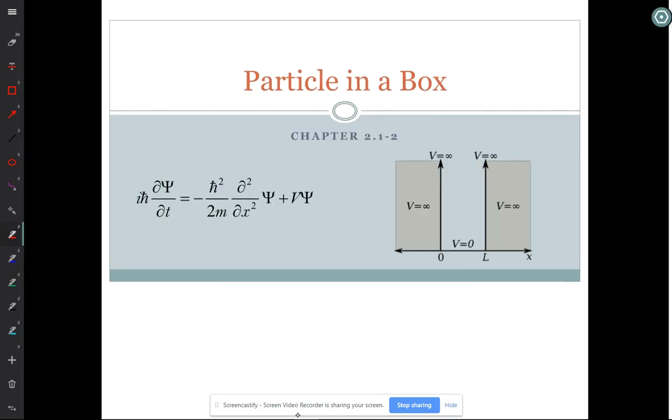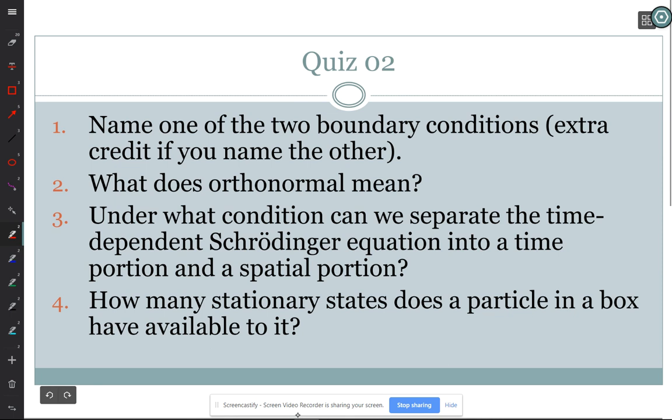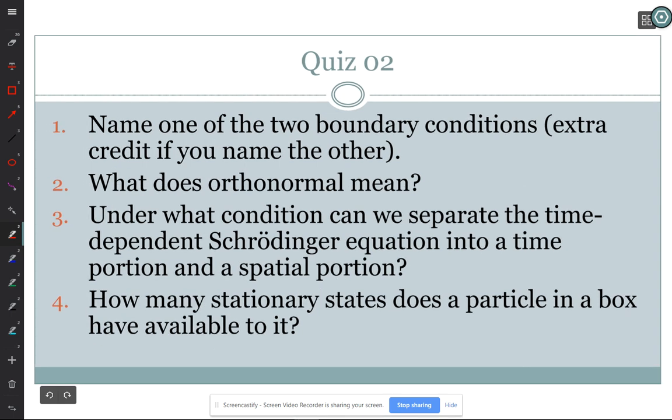All right, we will finish the particle in the box today, but first we'll go through the quiz. So name one of the two boundary conditions. Extra credit if you named the other. The two boundary conditions were